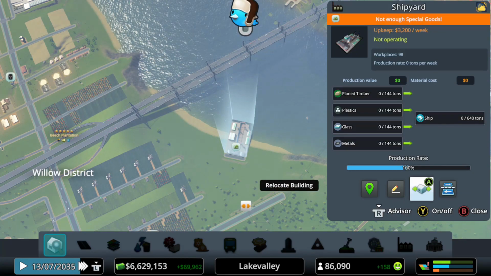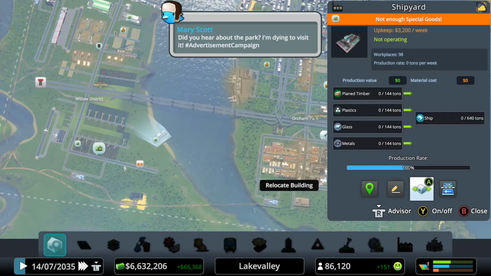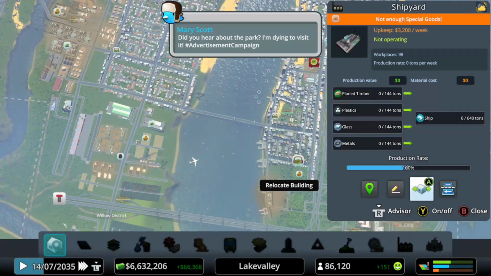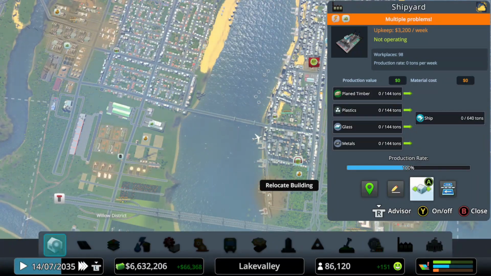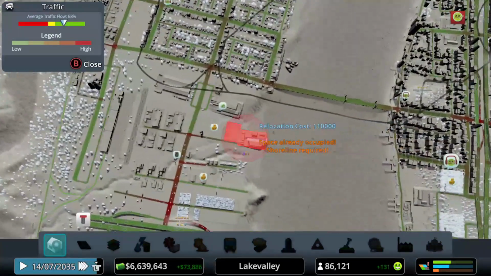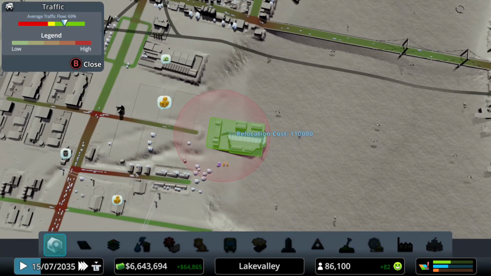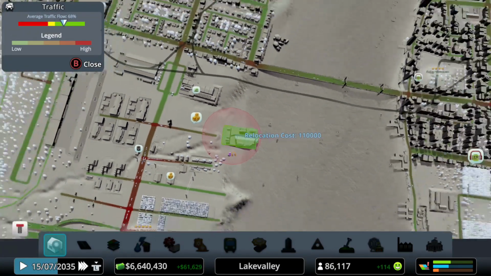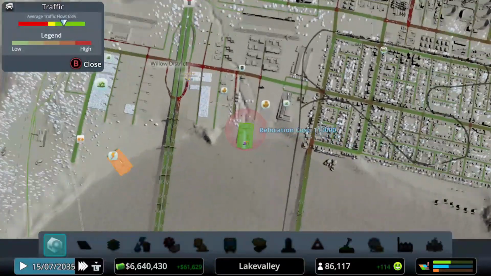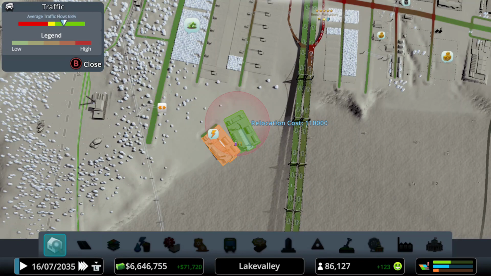So what it needs is plain timber, plastics, glass, and metals. So we need... Oh, man, this is going to be a tough one. We need a spot where we can get all of this. Plastics, metal. Now, what if I put it over here? I know that looks like a stupid area. No, that could be a dumb area. A bad area. All right, I'm going to put it...